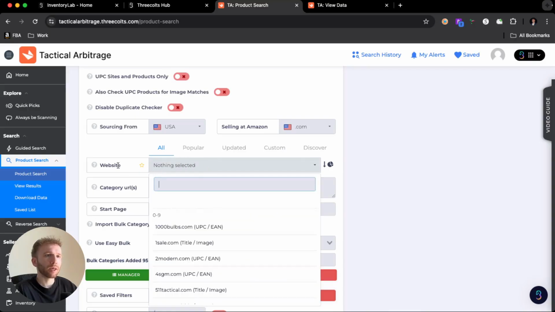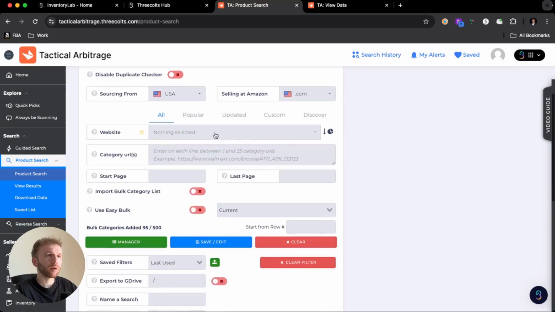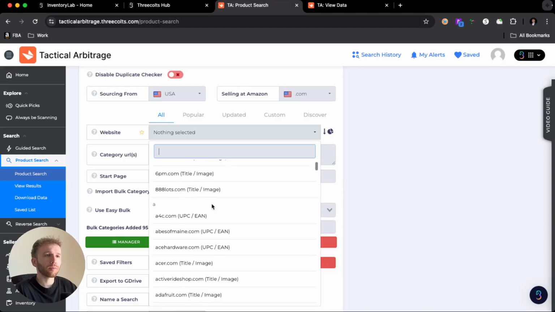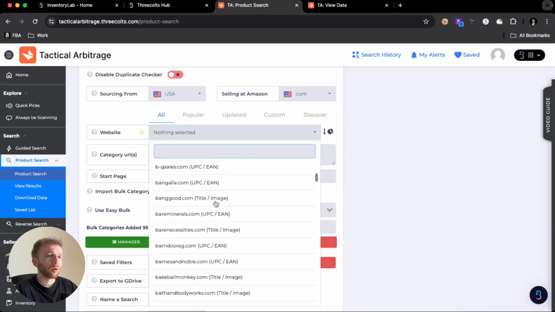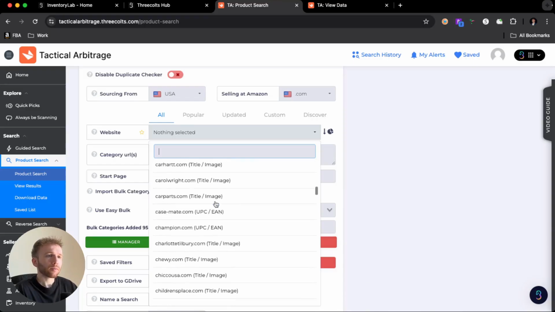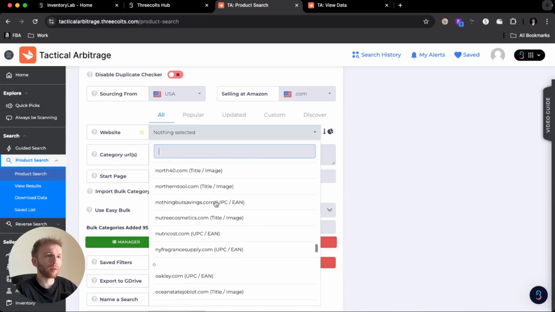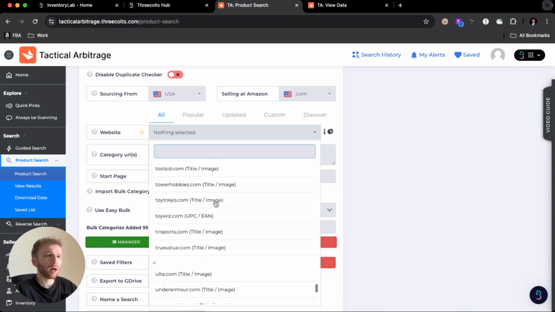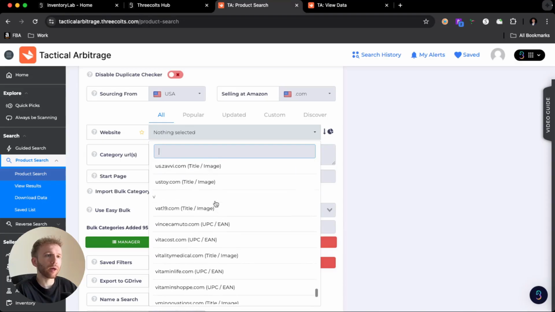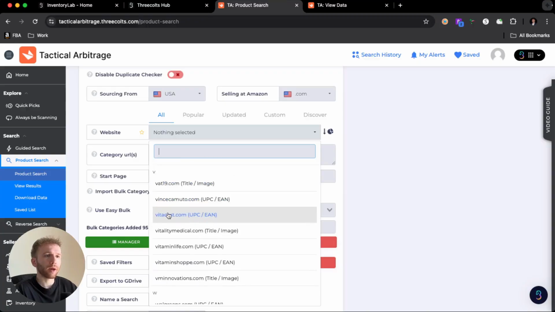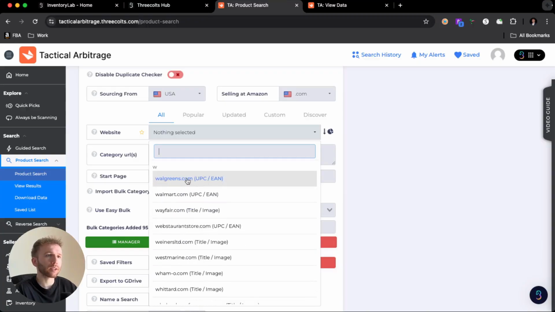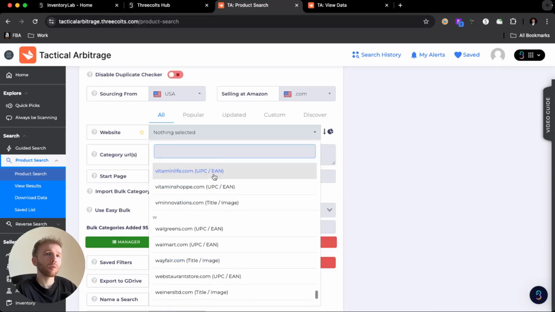So the first thing is going to be the website here, which they do have pre-selected websites. So unfortunately, you can't use anything outside of this, but some of these websites are really good for OA product. So it's not a huge deal here. And we can just quickly see how many websites there are in here. There's a lot of them even that I've talked about throughout my videos. I just saw Under Armour, which is closed off to new people, but they do have big brands. Vitacost, which is a very popular OA site. Walgreens as well. Walmart.com, which is really good